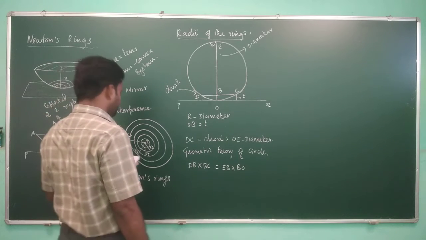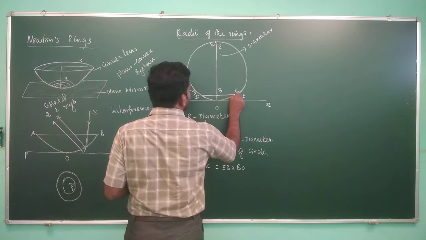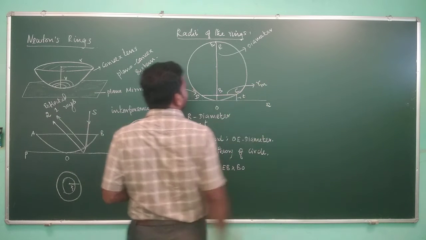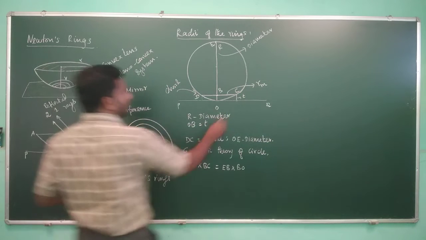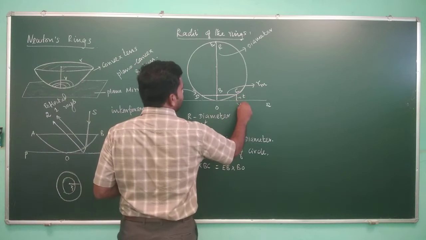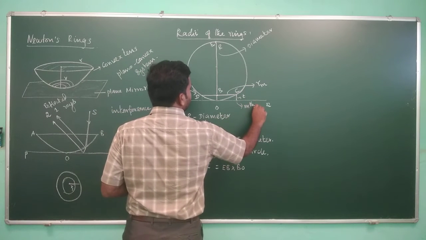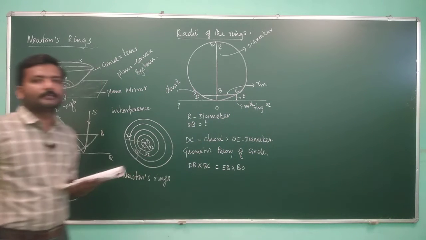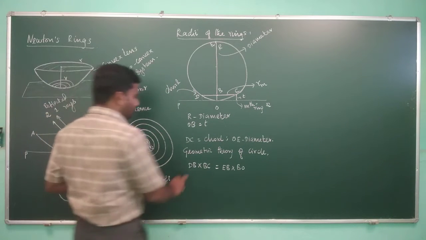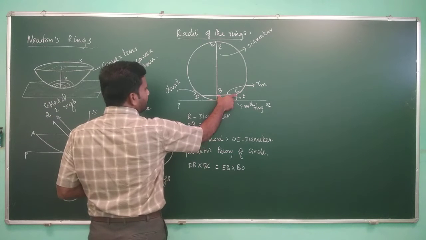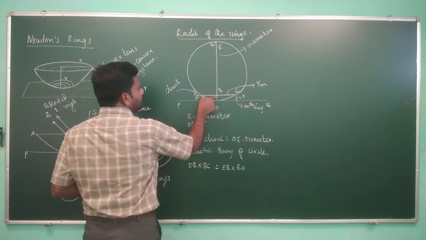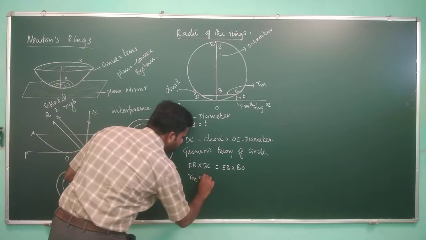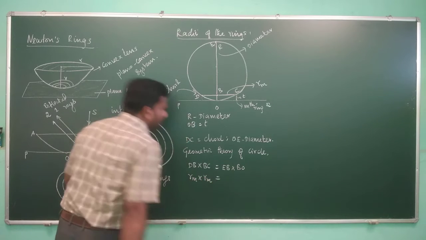Fine. Now what is this length? This length will be the radius of the mth ring, right? We said this is the thickness for the mth ring. If this is the case, then this is the radius for the mth ring, which we can define as Rm. In that case, this is also equal to Rm. So on this side, DB equals Rm multiplied by BC, which is also equal to Rm.